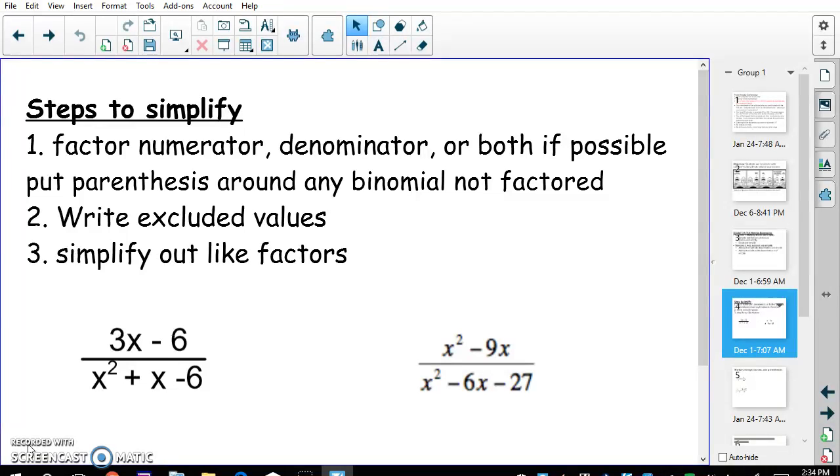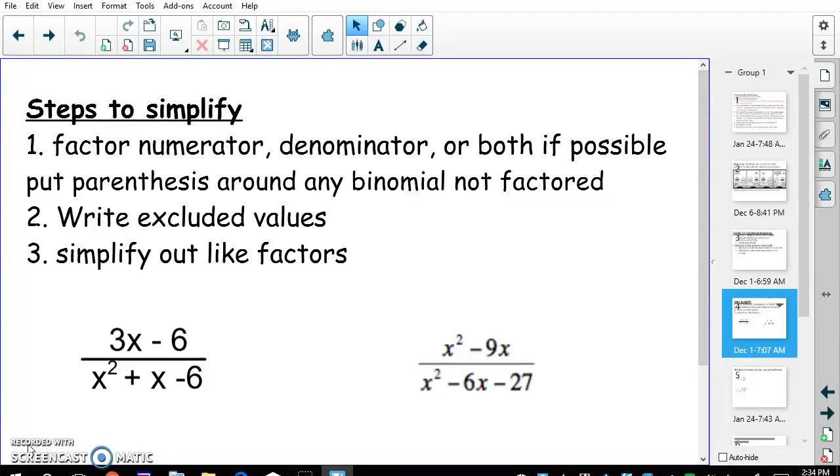So I look at the top. This time it does have an x squared, but do you see how it's just a binomial? That means there's two little pieces to it. So x squared minus 9x. There's no constant at the end. So I can't break this into two parentheses, a binomial times a binomial like I can to the part